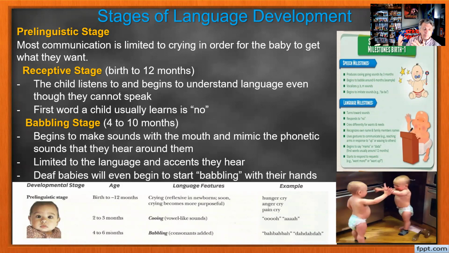Then from 4 to 10 months of age, simultaneously, they're in what is called the babbling stage. The babbling stage is when they begin to make the sounds with their mouth, all those phonetic sounds that we talked about, and they start to mimic the phonetic sounds that they hear along with the pacing and everything else. And it's limited to the language and the accents that they hear, because if I have a baby that is raised in